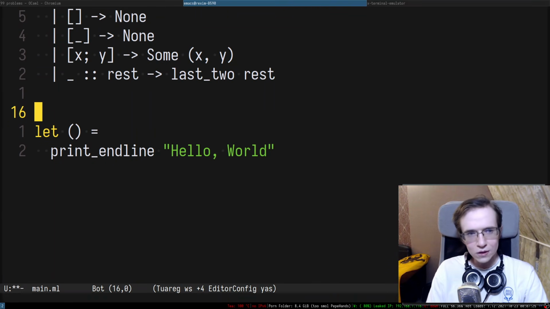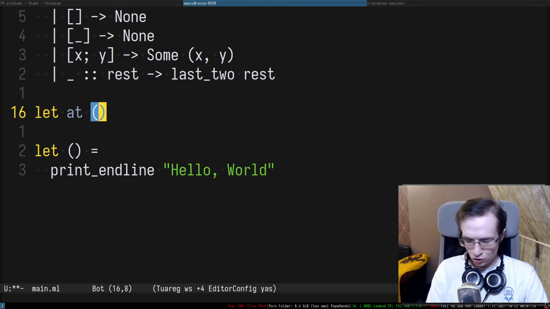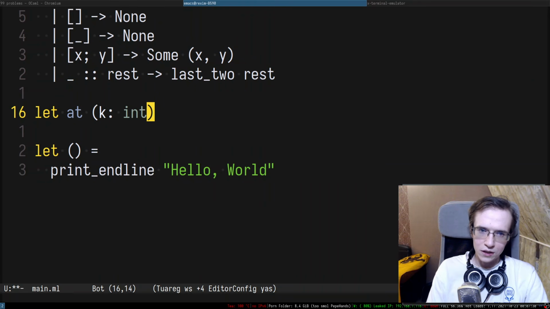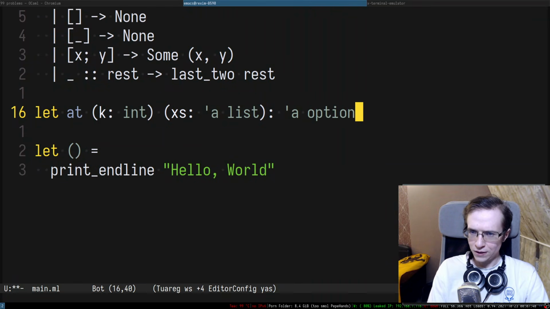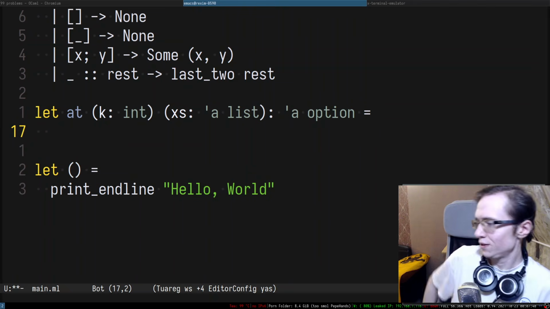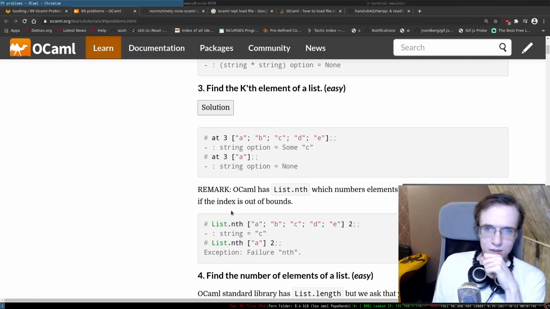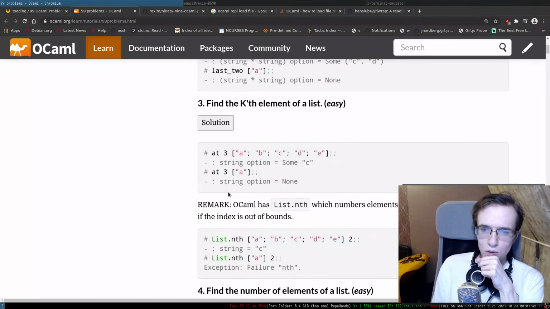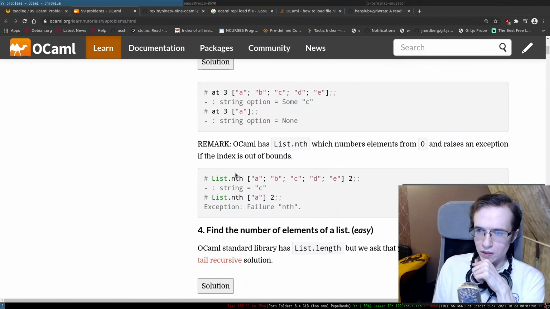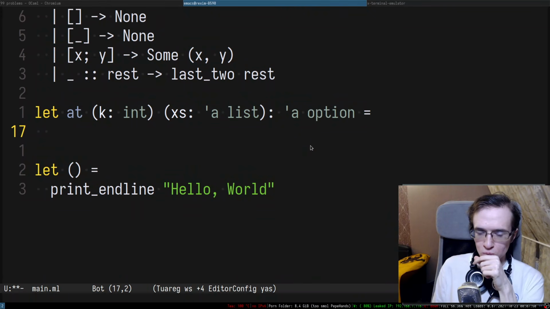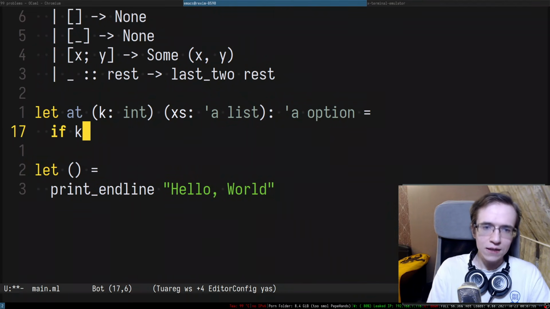Okay, so we need to implement at. As you can see, it accepts integer k and list of a's, and it's supposed to return option a. Right, there we go. So we have to implement this thing. I wonder if you provide 0, I suppose it also should return None. So we have a couple of situations, like if k is,